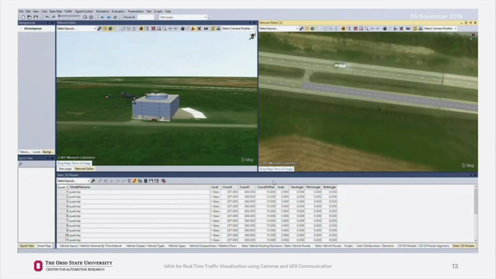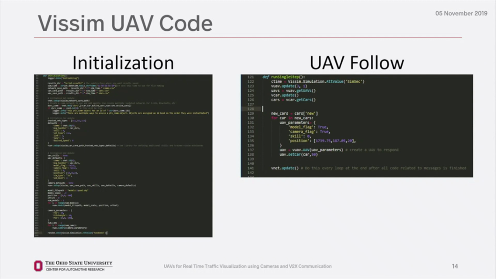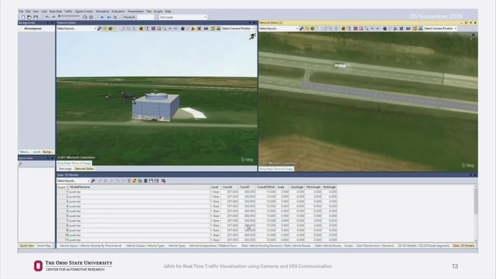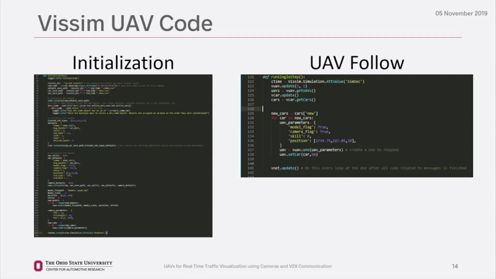I want to show quickly how simple it is to create the simulation that I just showed you. This is all the code. I know a lot of people have been talking about graphical user interfaces. I haven't developed one of those yet for this platform. But it's really simple to create a drone simulation in this simulator for real-time simulation. Another quick example of